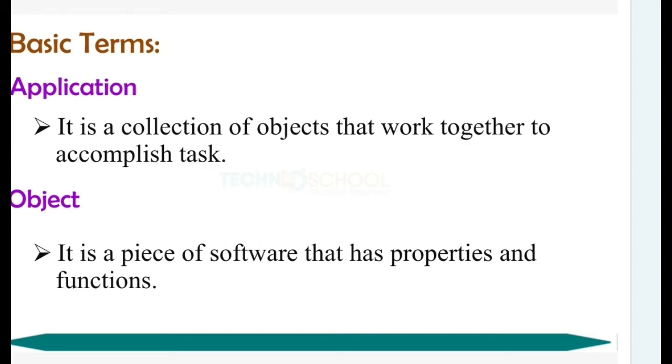It is a piece of software that has properties and also functions. When you place controls like a command button, labels and text box, and enter the name with the control and right-click it, you can see the functions available with that control. Using those functions, we can write code in the coding window and get your outputs in the output screen. So this is the object, its properties and its functions.